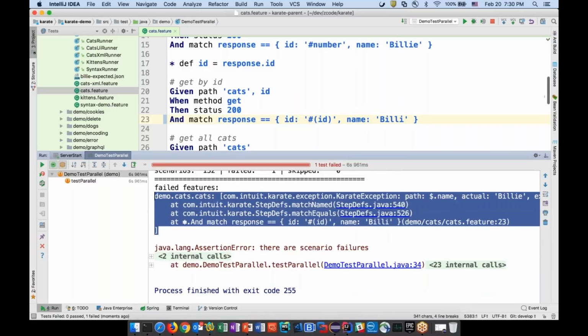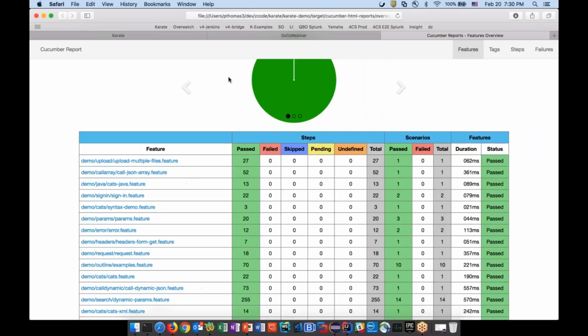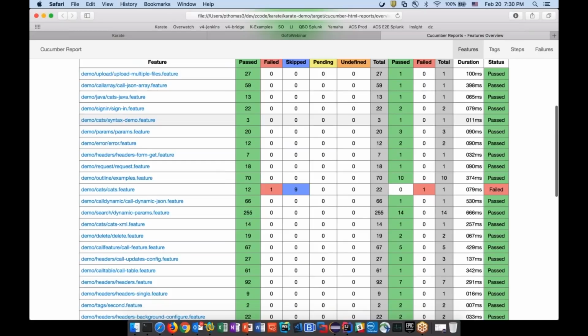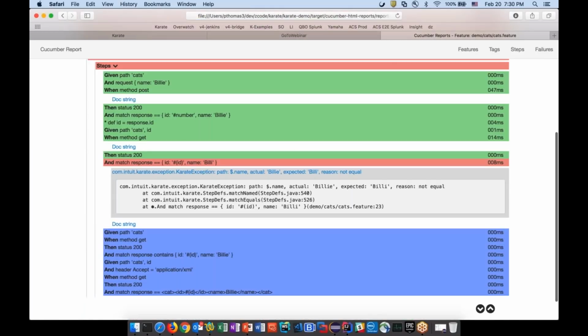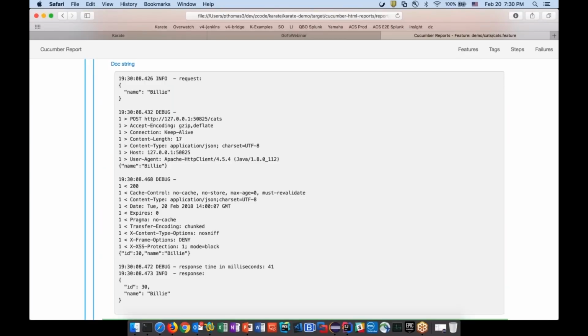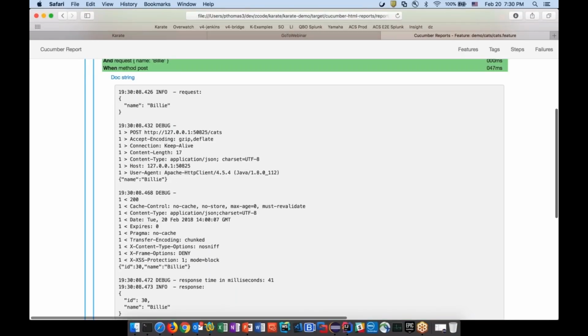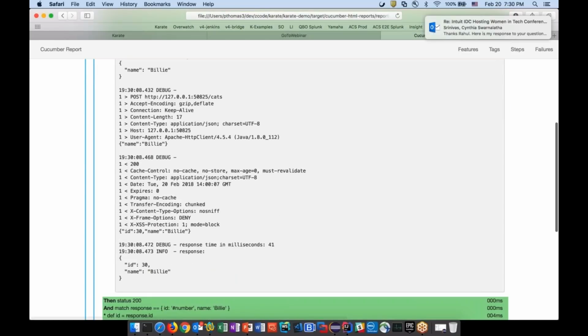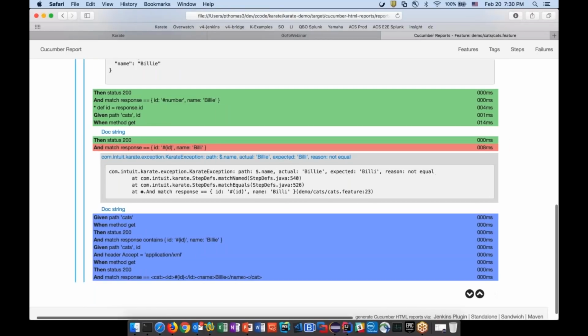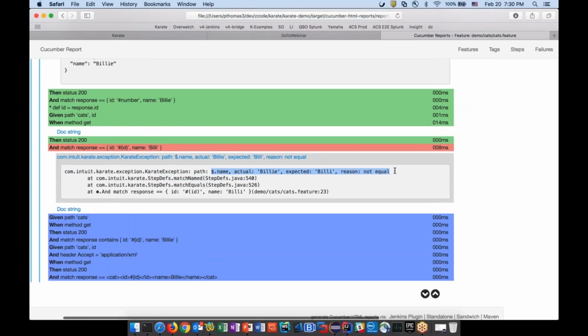So it runs all the tests. It did find one failure, and it very helpfully prints the failure at the end of the test so that it's easy. You don't need to keep scrolling through masses of logs, which can get really tricky when you run a parallel test. And the best part is that if you now refresh this report, you clearly see which one failed. You can drill down. One of the nice things about the karate report, which I don't see in too many alternatives that exist in the industry, is that you can see each payload, request and response, that went as part of the test, even if you run things in parallel. So this is really helpful. You see everything here, and obviously you see the error.